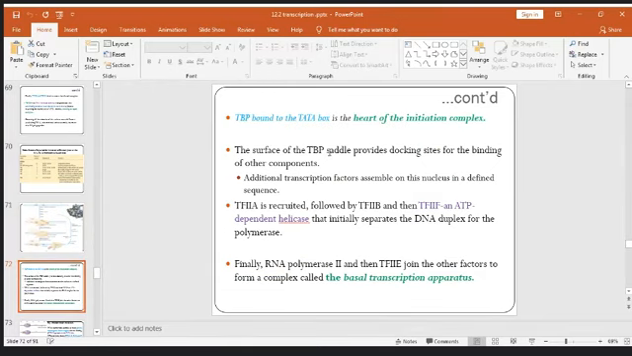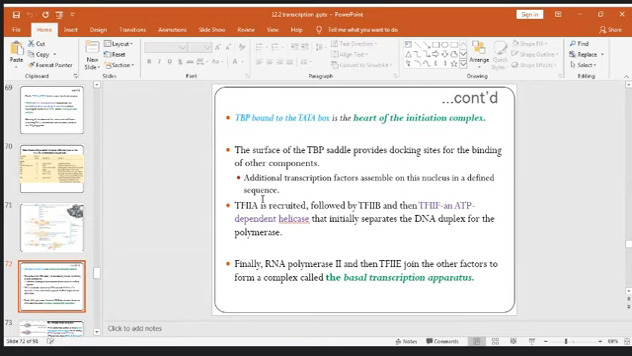The TATA binding protein should lead the enzyme to the TATA box or the promoter box. This is the heart of the initiation complex. The function of all those proteins is to identify the promoter region and to start and initiate the transcription process from the center of transcription. The surface of the TATA binding protein saddle provides a docking site for the binding of other components, and additional transcription factors can assemble on this nucleus